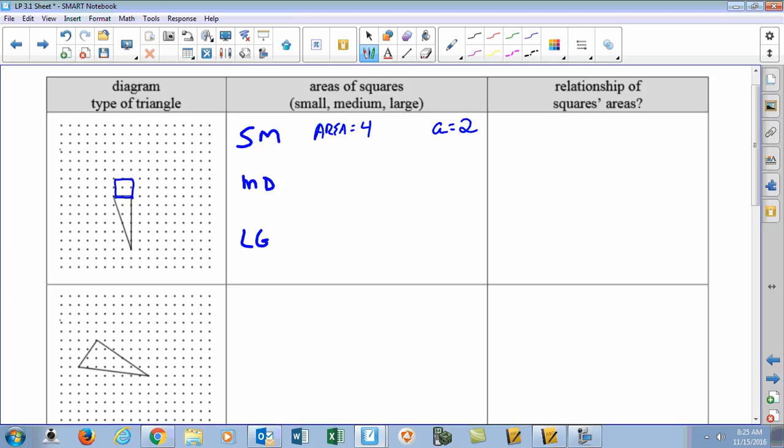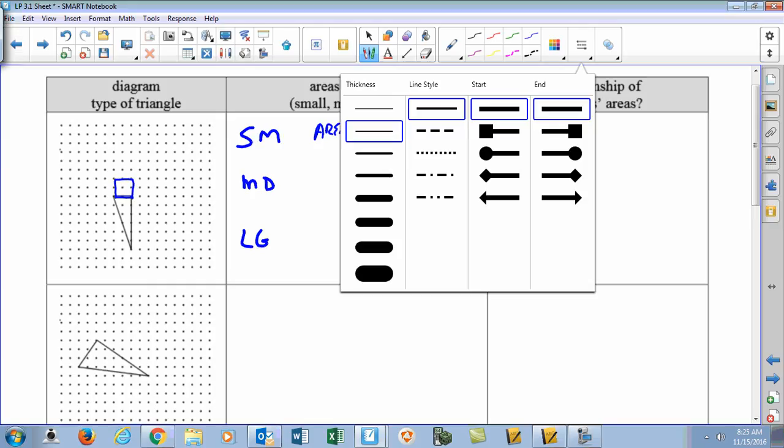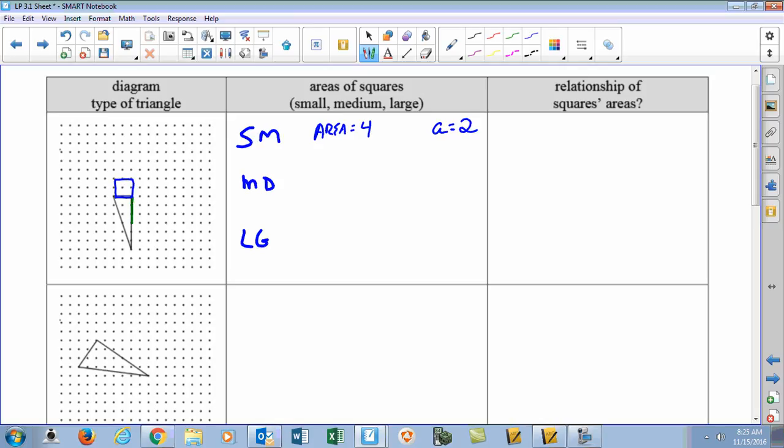Where's my medium side at? Sheridan, where's my medium side at? Right here? Yep. So this is my medium side. It goes down 1, 2, 3, 4, 5, 6. Okay? That means my other length to make the square, I've got to go 6 dots all the way around, right? 1, 2, 3, 4, 5, 6. And then I can connect the dots. So if I have a square here, the green one, the medium one, that's got a side length of 6,